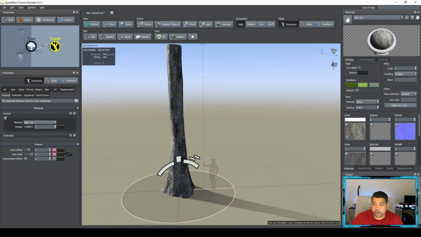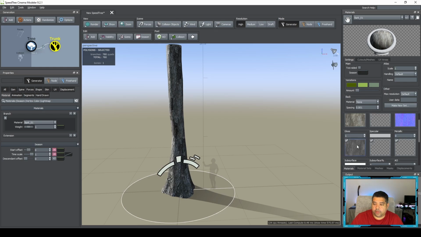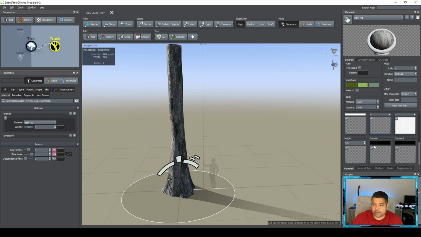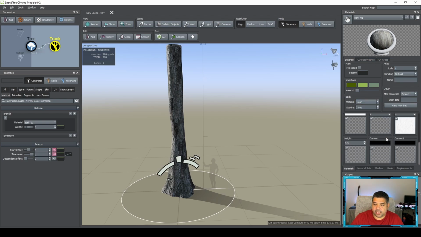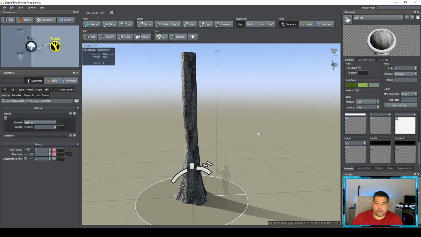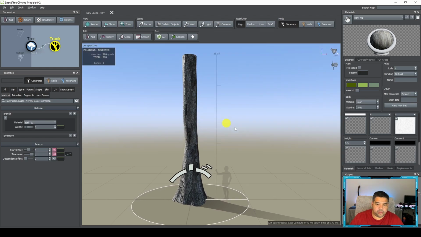And then also, if you notice under materials, it put in the color, the normal, the glossiness, and let's see what else, and the ambient occlusion. If you have any of the other ones, you can put those in as well. Opacity would be more for leaves and things like that. And we don't really need to mess with any of these other settings as of yet. We're not going to work with the materials or meshes. We'll do that in a more advanced video to go over how to do your own custom leaves and things like that. All right, so now we have the bark,